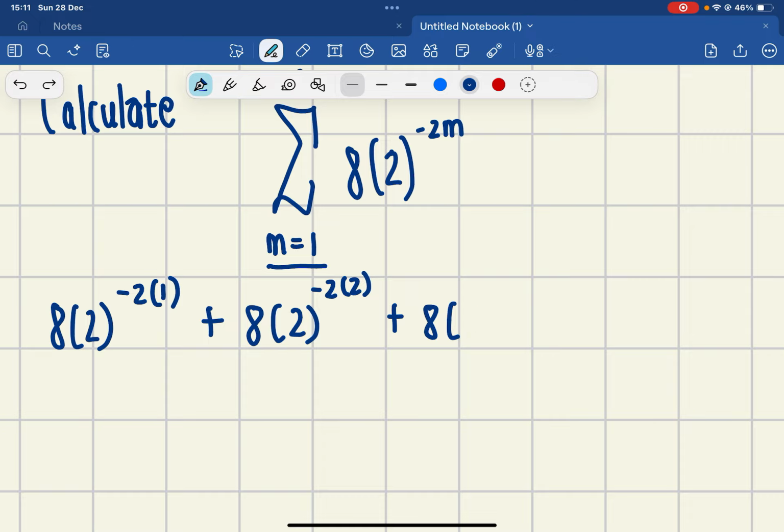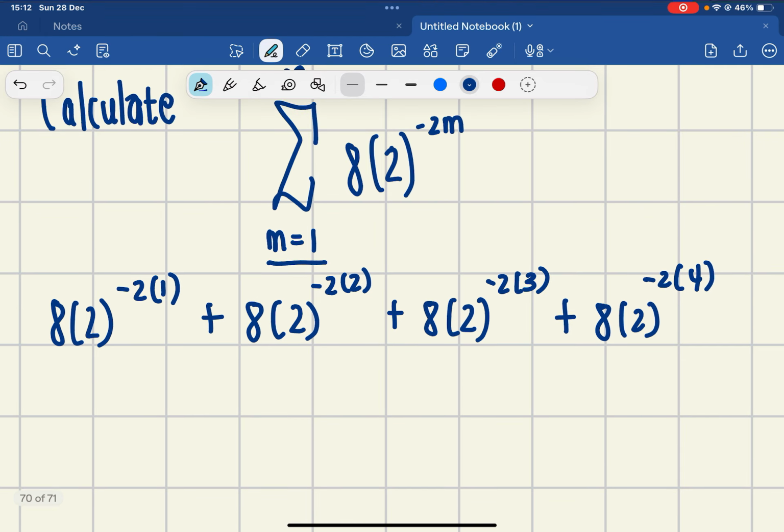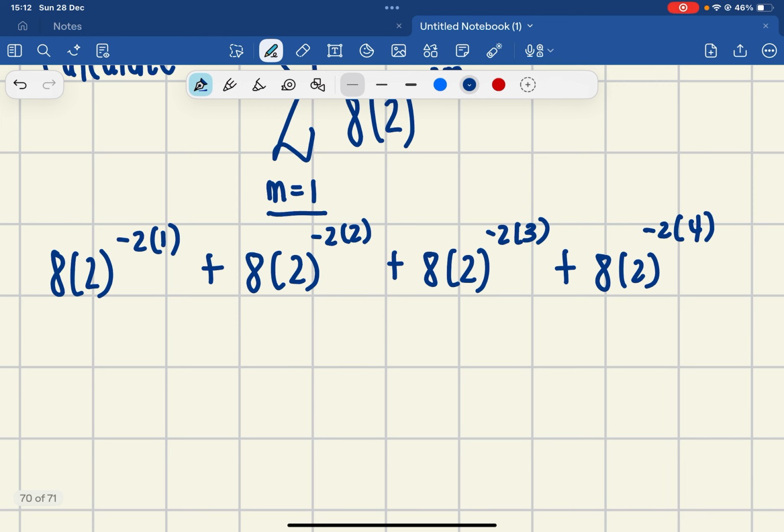Excuse me, I apologize, boys and girls. Plus 8 times 2 to the power of negative 2(3), plus 8 times 2 to the power of negative 2(4). Now, we have terms we can work with. We're able to identify our a value and our r value by just quickly summarizing everything that's here. Okay, boys and girls? So, 8 multiplied by 2,